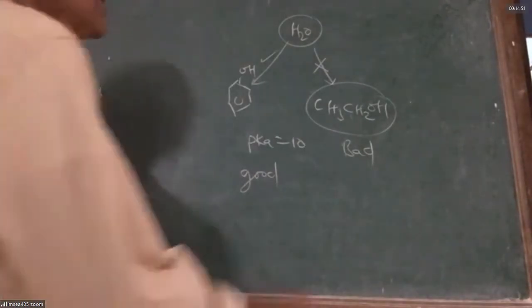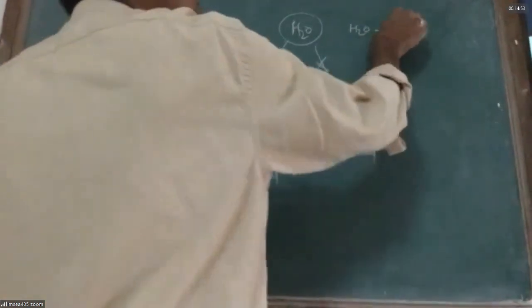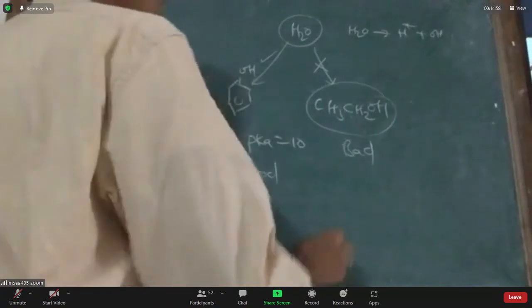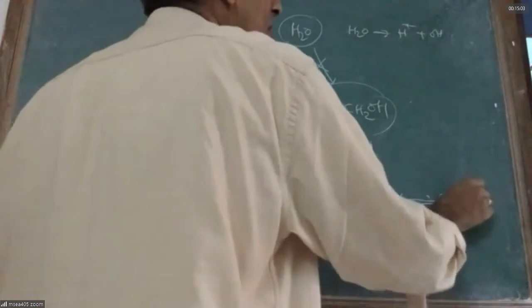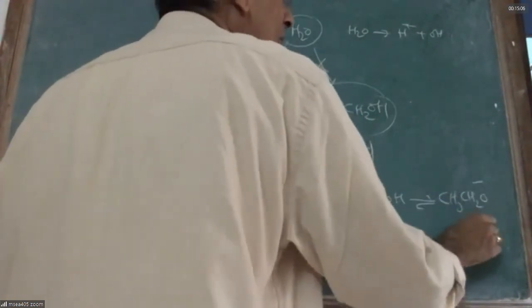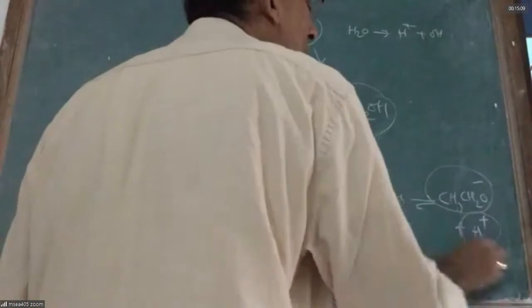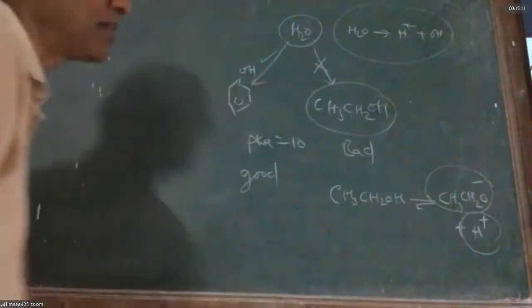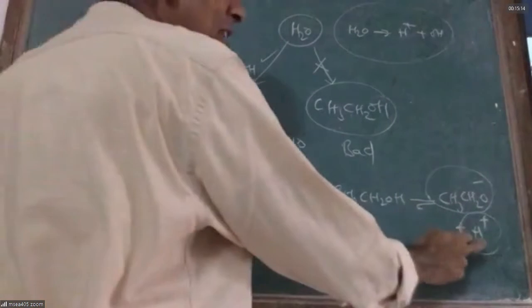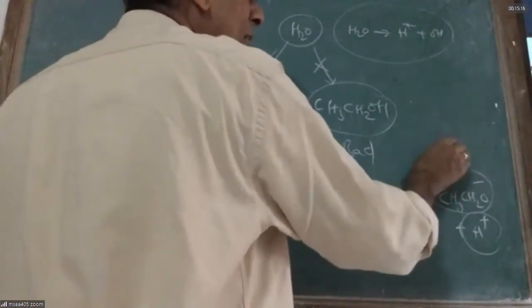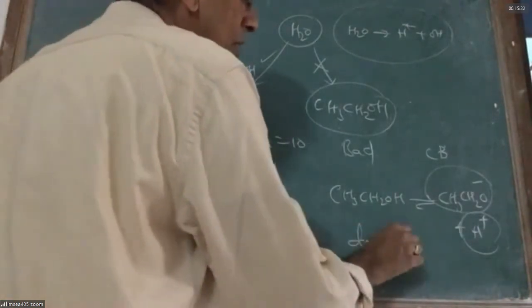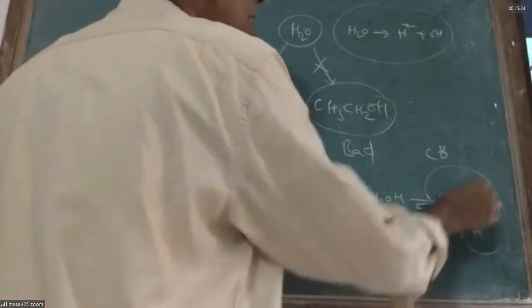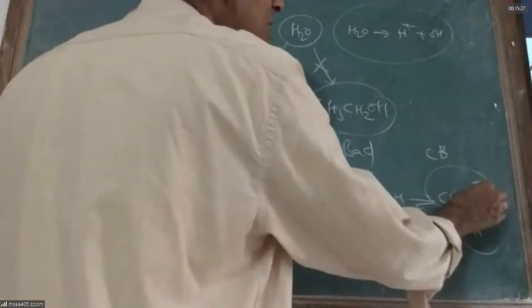Water will give H+ ion to a small extent. Ethanol gives H+ ions to a much smaller extent. Why is ethanol giving H+ ions to a much smaller extent than water? Because the anion is unstable. Whenever it gives an H+ ion, it gives a conjugate base anion. The conjugate base is destabilized. Why is it destabilized? The negative charge on oxygen is increased by the inductive effect.